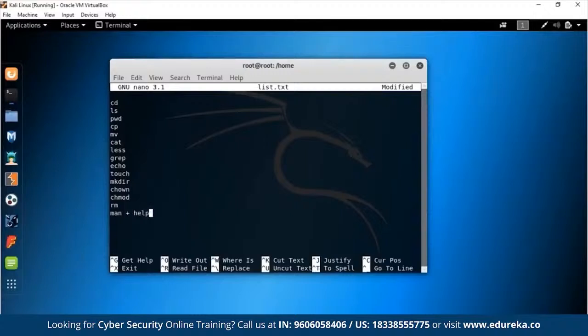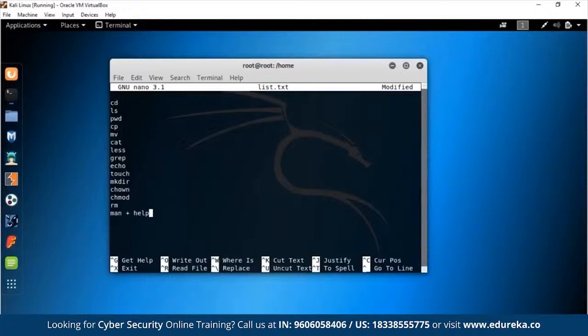Suppose I was making this video and I wanted to save this somewhere. If you see down here, there are a bunch of options that are shown to you. This caret sign might not be what you're thinking, the Shift 6 one. It's actually Control. So caret is Control, and then G of course means G. If you press Control G, it will actually get help.